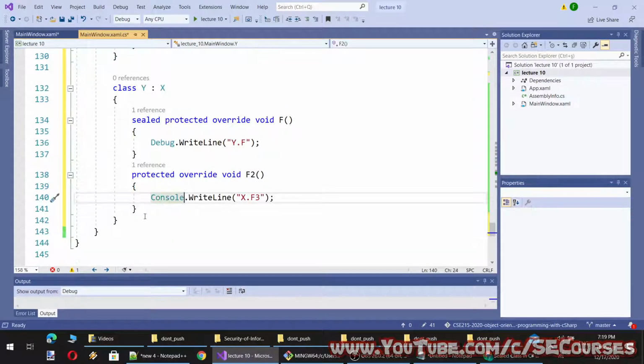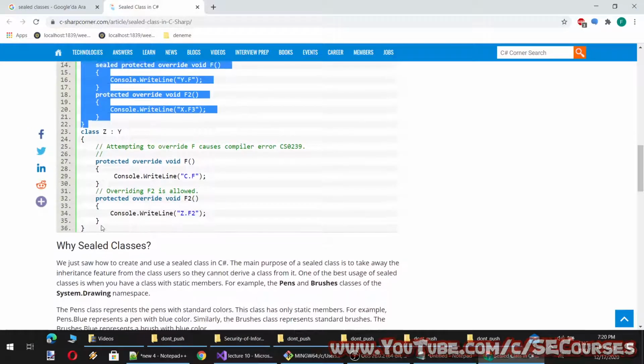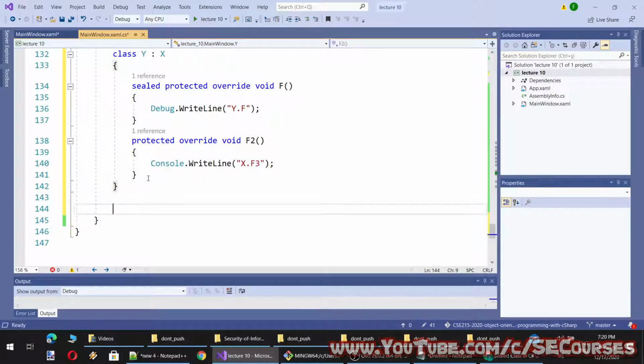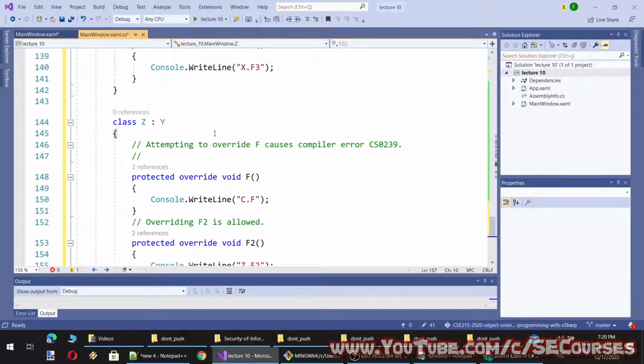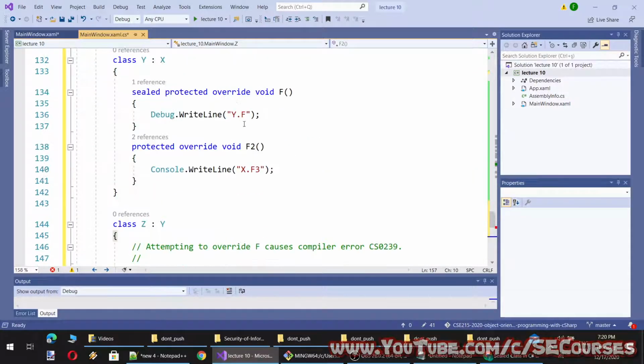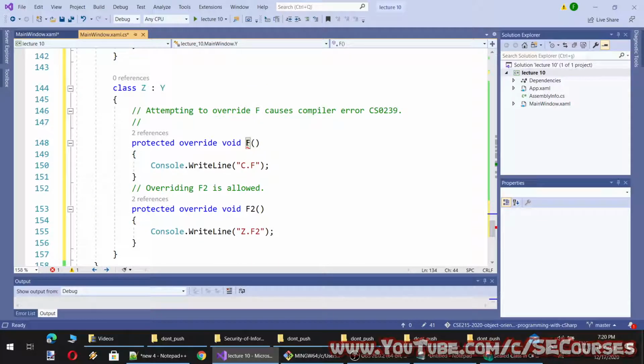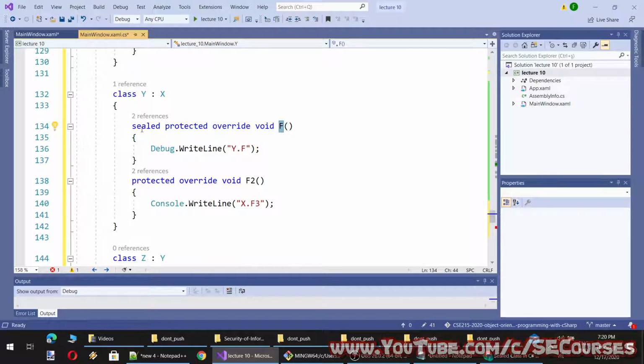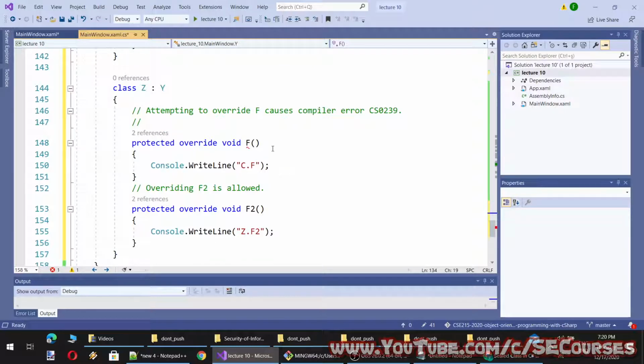Okay, and then we have another class which inherits from class Y. And when we try to override method f, this time it cannot, because its parent class has a sealed method.